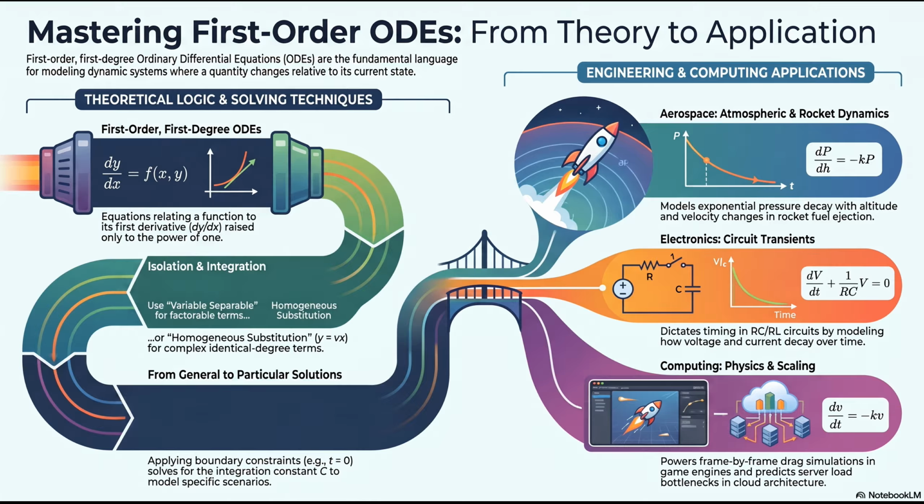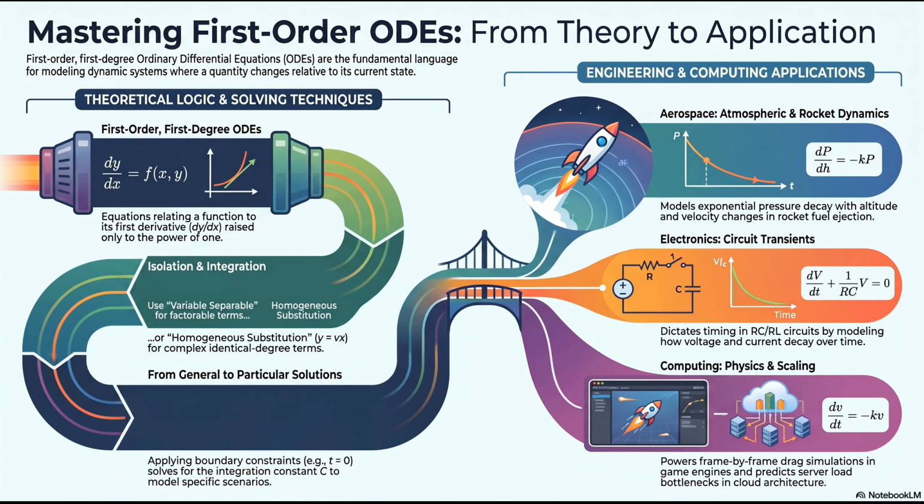Okay, let's unpack this, because this is the ultimate aha topic for a curious mind. I completely agree. But before we can explore how these equations basically build modern technology, we need to understand the structural logic of what they actually are. So what exactly is an ordinary differential equation, or ODE? Well, at its fundamental core, an ODE is just a mathematical relationship that ties a specific function to its derivatives. And a derivative is simply a rate of change, right?